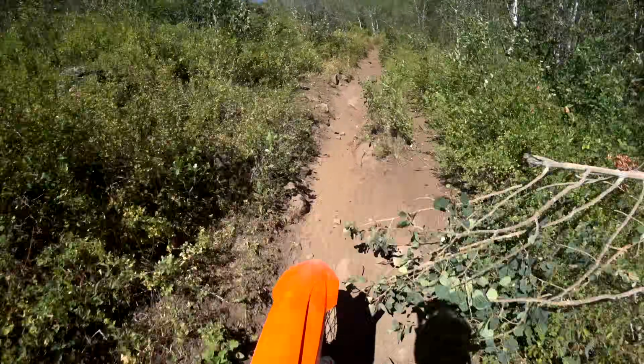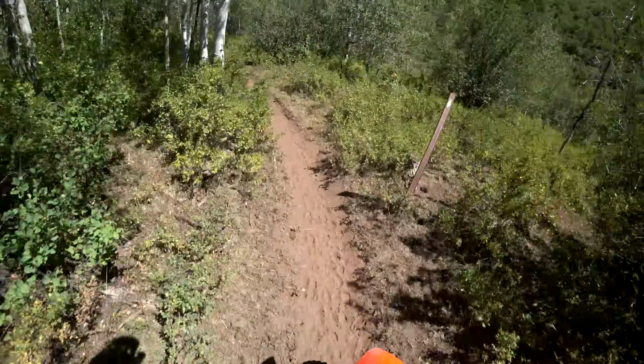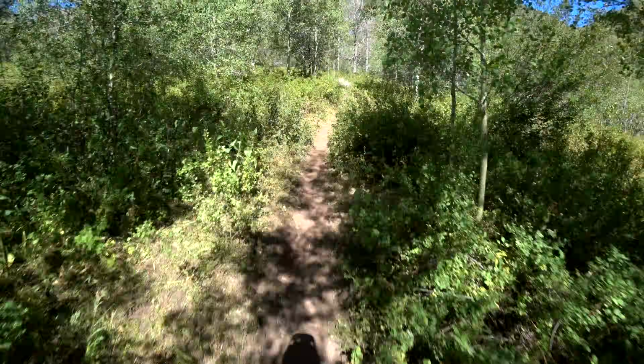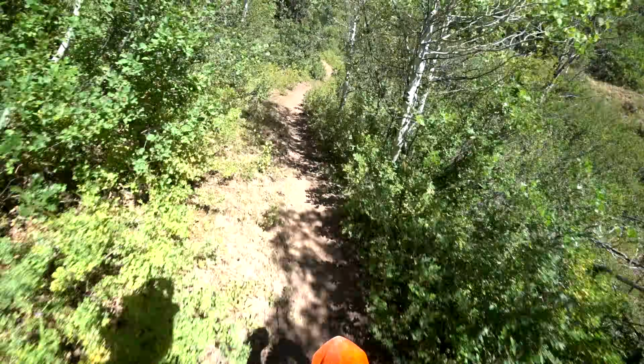A lot of times I'm on these trails, I'm seeing it almost like for the first time. You kind of know generally what's coming, but you don't know any of the specifics. You can't remember because you don't ride it that often. So super fun section back there, and I was pleased with the fact that I almost got through that with just one little post on my left foot. It's funny too, because